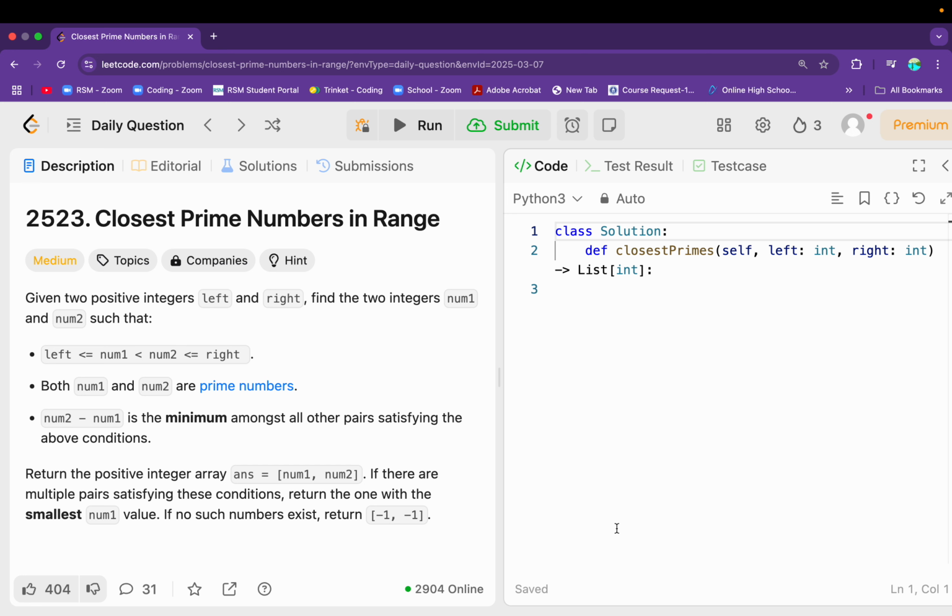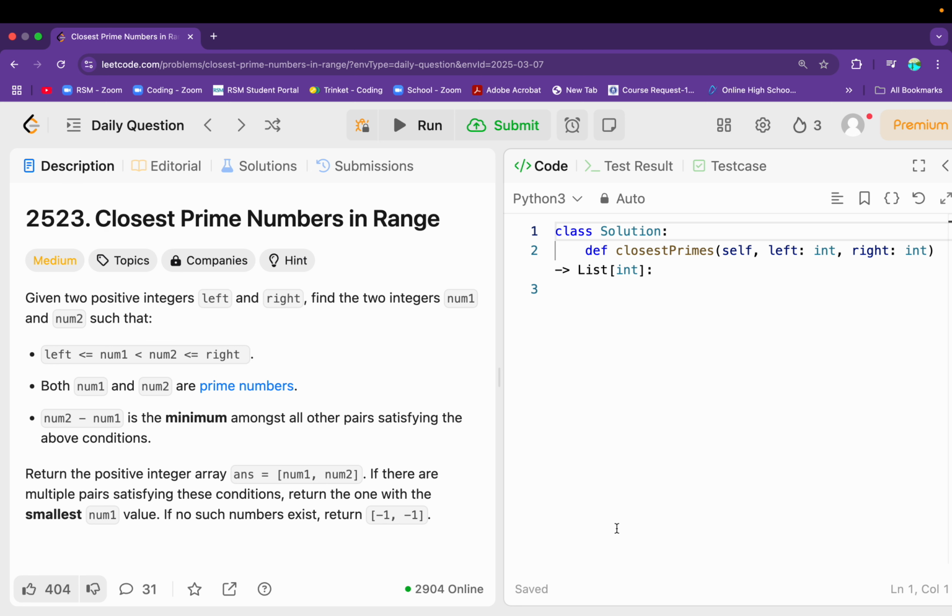Hey everyone, welcome back, and today let's solve LeetCode problem 2523, titled Closest Prime Numbers in Range. So we're given two positive integers, left and right, and we want to find two integers, num1 and num2, such that they're both greater than or equal to left and less than or equal to right. And both num1 and num2 have to be prime numbers,